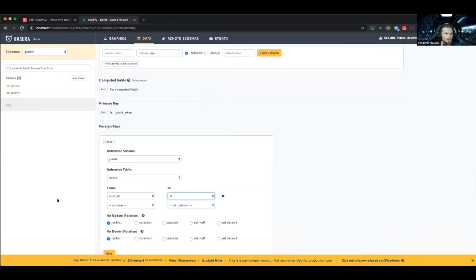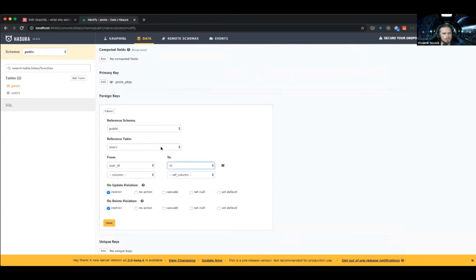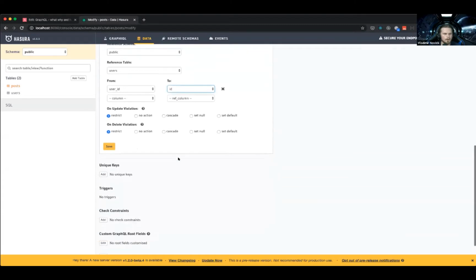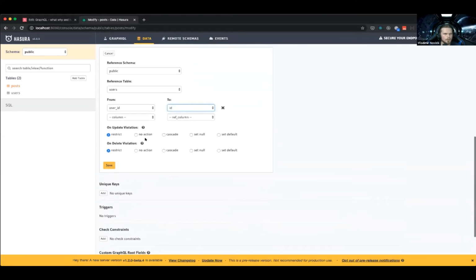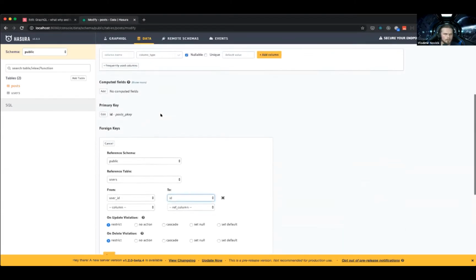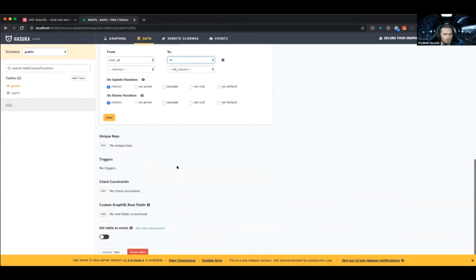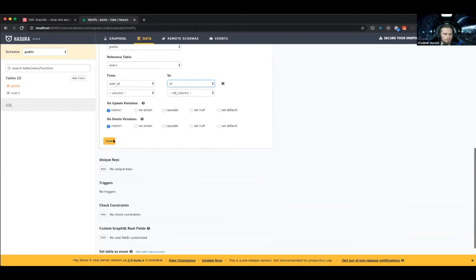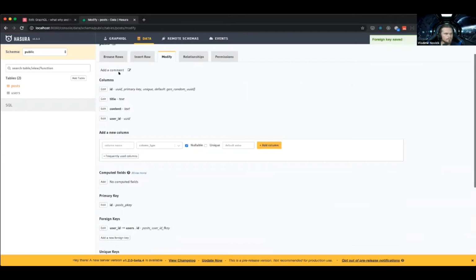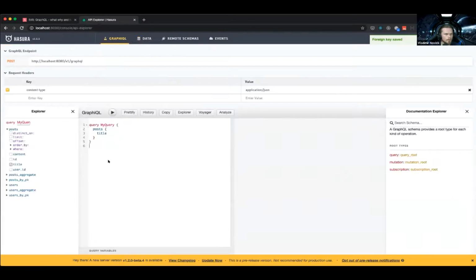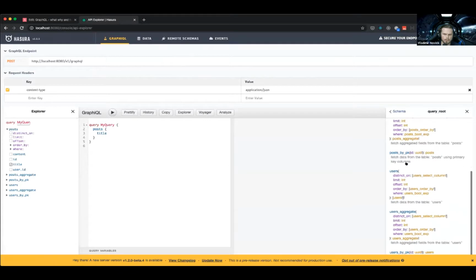Now everything that I do here using Hasura CLI will be written as migration files that you can run in CI to apply these migrations on your production database. All of these configurations, like foreign key, obviously it's in database, but all the other configurations that you will see today are also stored in the database. So everything can be applied through migrations. So right now, I would expect that I will also see users. And indeed, I have users here.